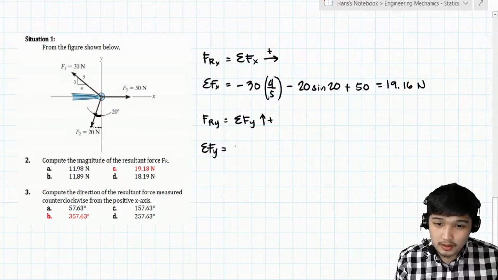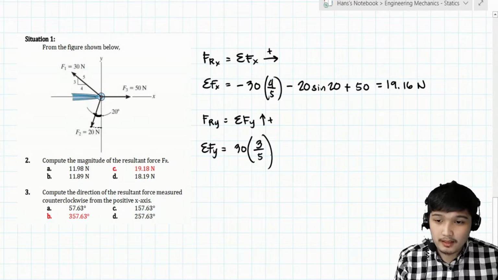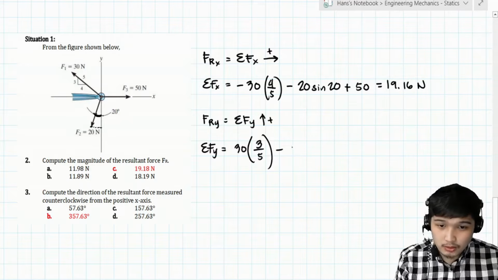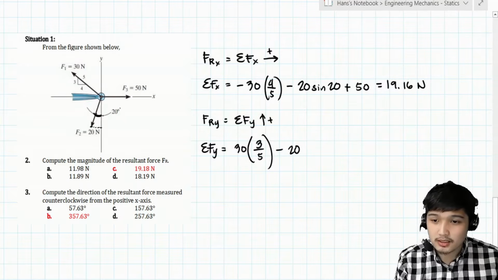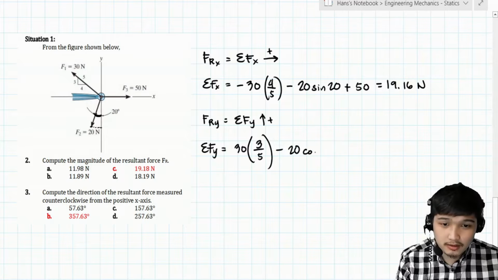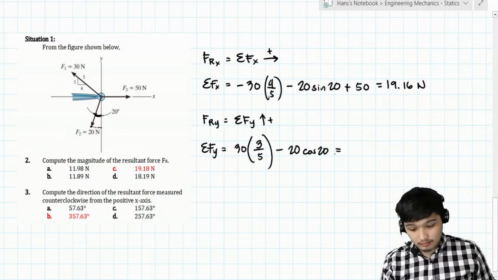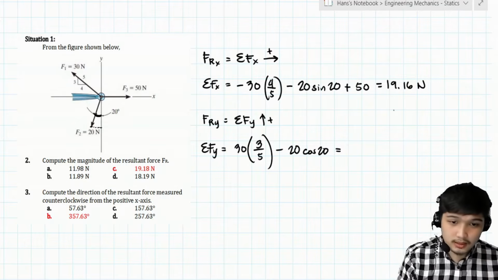So yung F1 is positive 30. Vertical component is sa triangle, so that is 3 over 5 naman. And then minus yung F2 na 20. So considering yung angle na 20 degrees, so cosine naman yan, no? So 20. So equals ilan? So that is negative